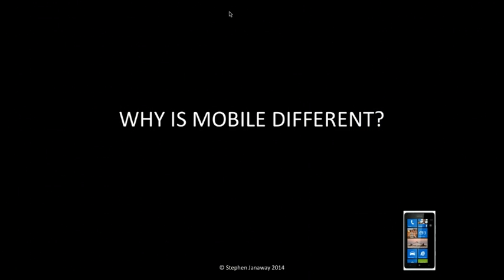So mobile is different to the web, and it's different to the desktop. For one thing, you've got actual real hardware. So you can drop a mobile, it can get wet. You can remove things from mobile phones. You can take the battery out of some mobile phones, SD cards, SIM cards. All of these things which you maybe can't do in the desktop world or the web world. And mobile is consumer electronics, so it's a very fast-paced industry. And people are almost defined by their devices. You get this idea of device jealousy. I want what that person's got.